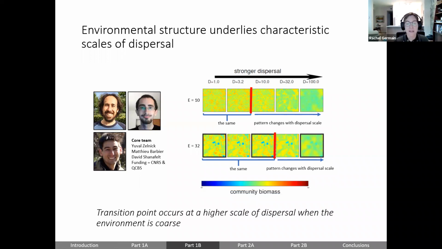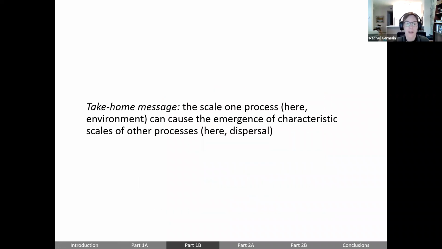And what this means to me is that this transition point between dispersal mattering and dispersal not mattering is entirely set by the scale of the environment, or that environmental template. So again, this interplay between the environment and dispersal. And so I think the broader take-home message here, if we're thinking about scale in general, is that scale of